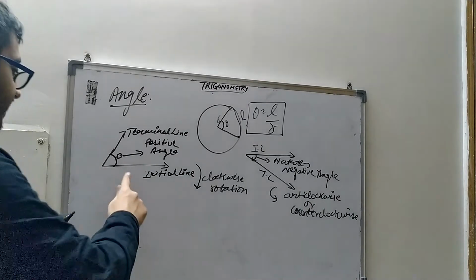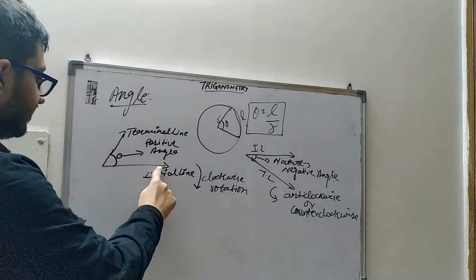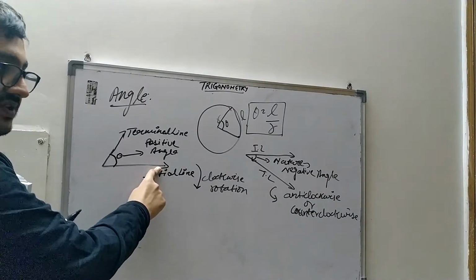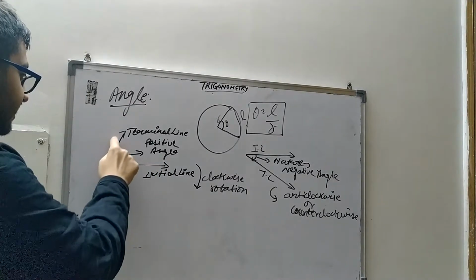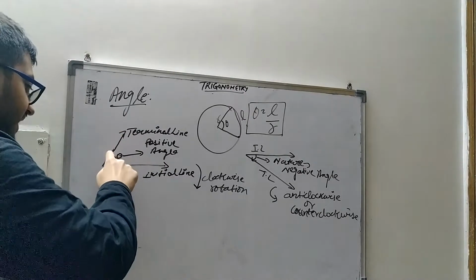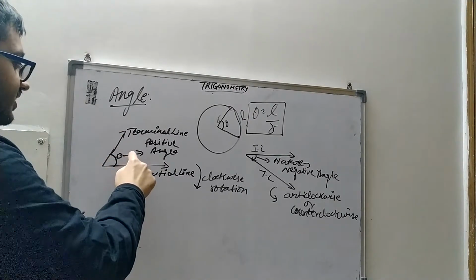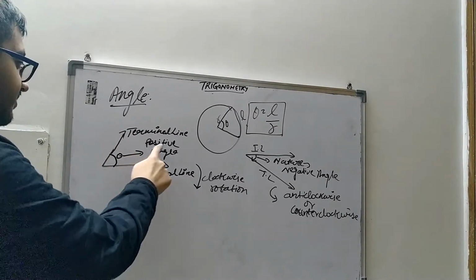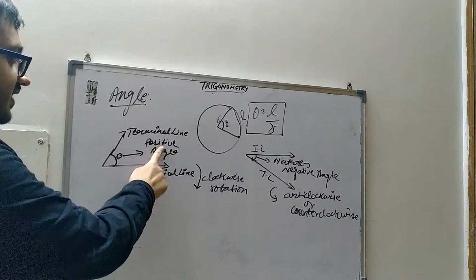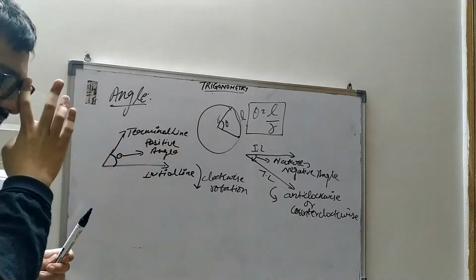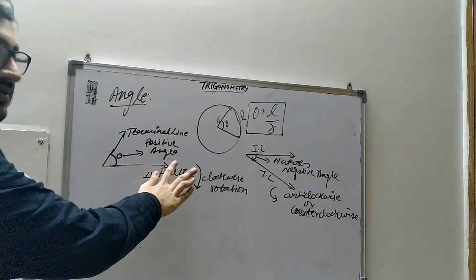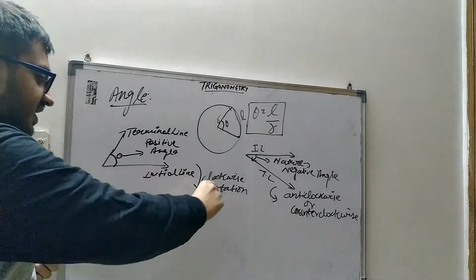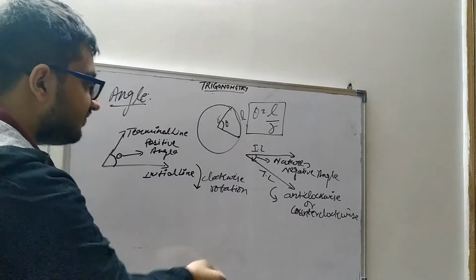If we draw a line, this is a line where we draw an angle theta here. This is an initial line and it is a terminal line here, and we swept angle theta here. So the angle theta will be a positive angle, because in easy words, it shows positive nature. The angle nature will be positive, and it will rotate in clockwise rotation.